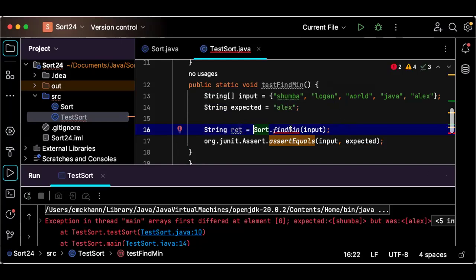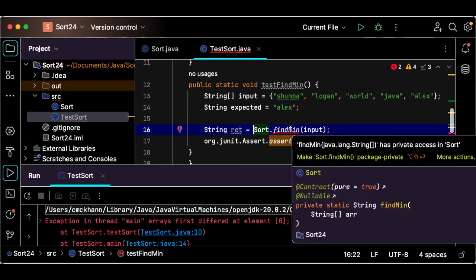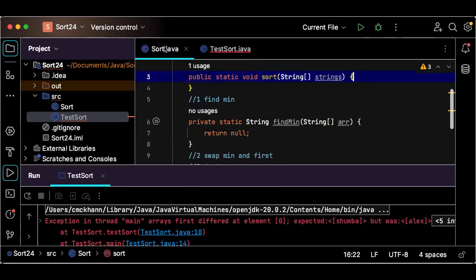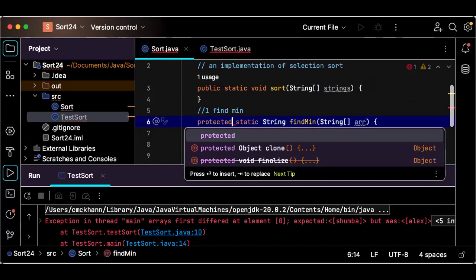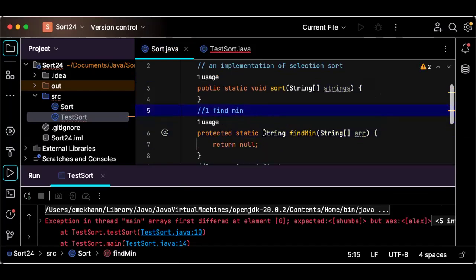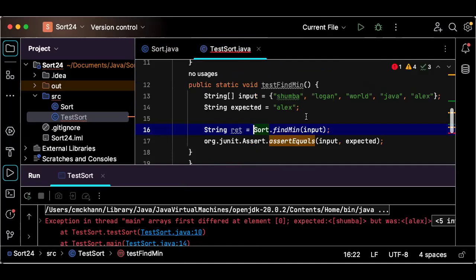That should give us has private access. Oh, wait, it has private access. Change it to protected. Let's just use protected, because that's going to be the better way to go. Okay, so protected. Now when we come back over to test sort,